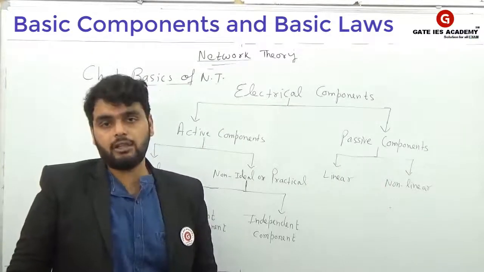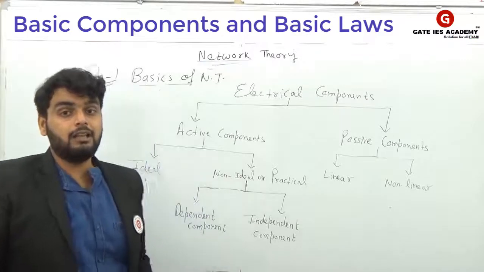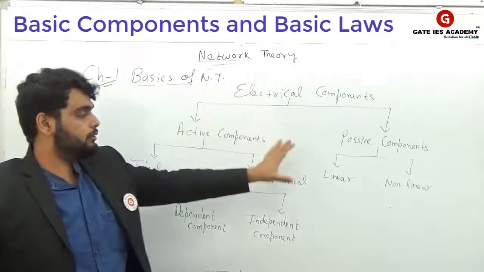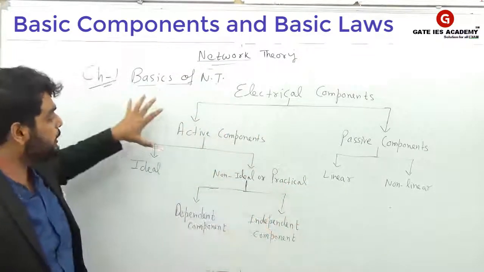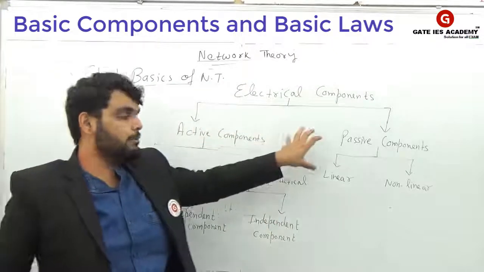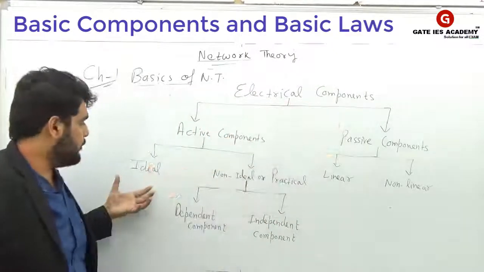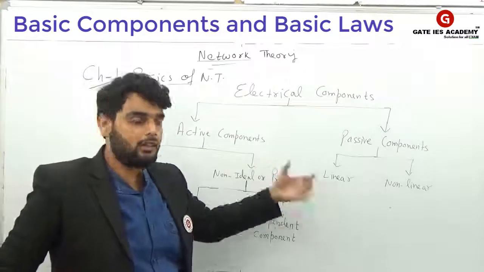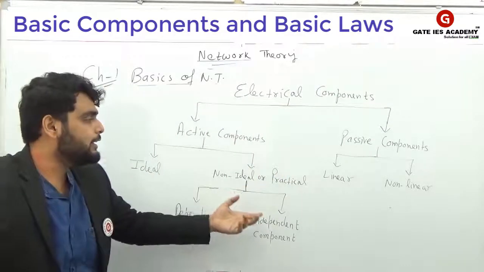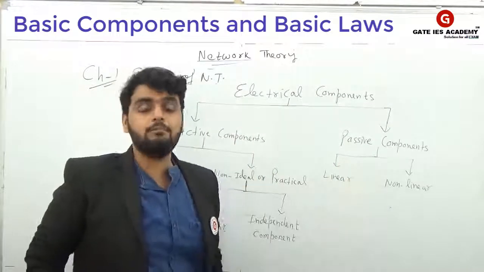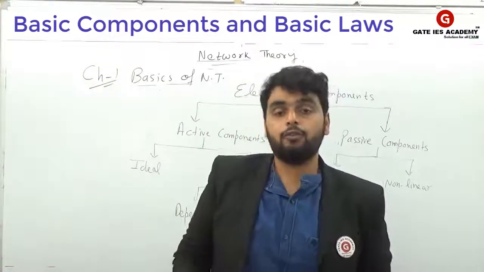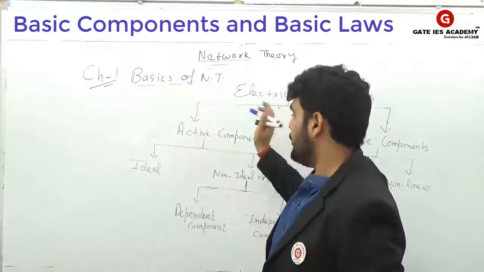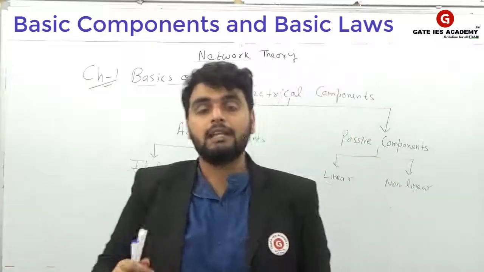In the first half of our chapter, which is the basics of components, the chapter being basics of components and basic laws, we are going to learn all this: what is the meaning of active, passive, ideal, practical, dependent, independent, linear and non-linear, and much more. And if you don't have an understanding of this concept, then it is my guarantee that